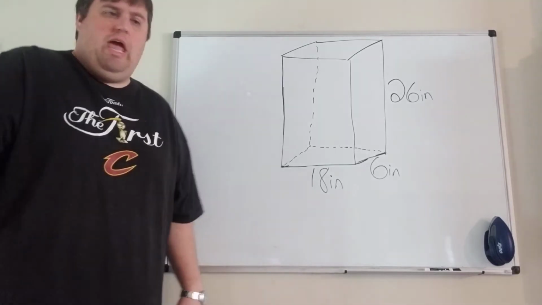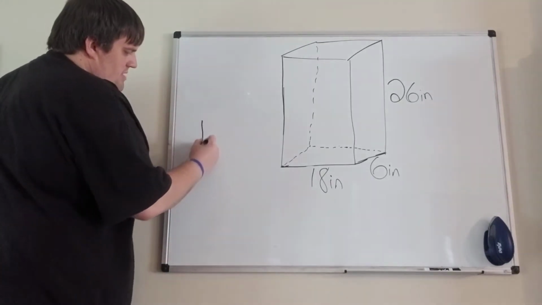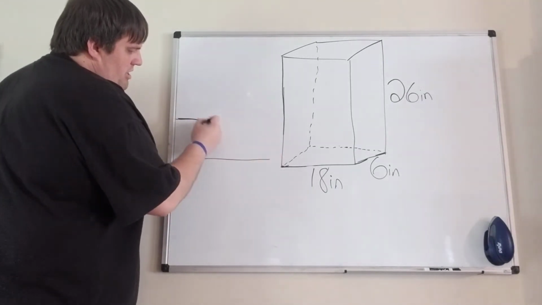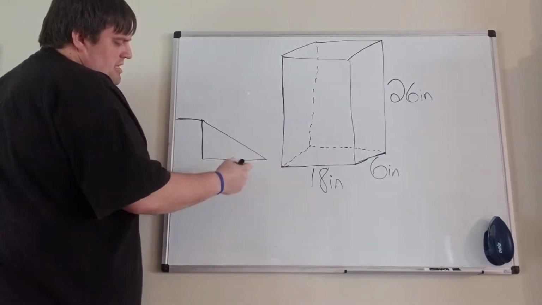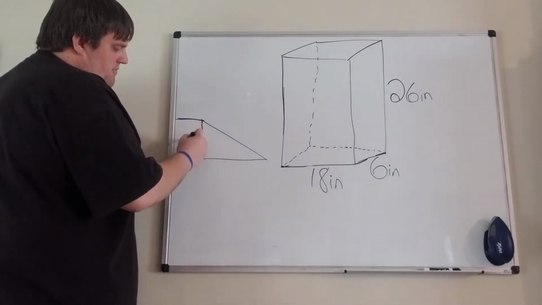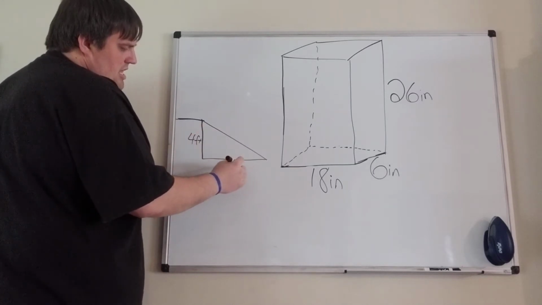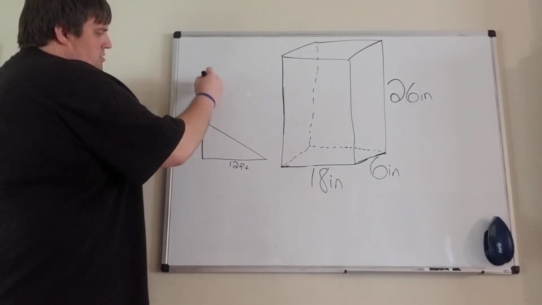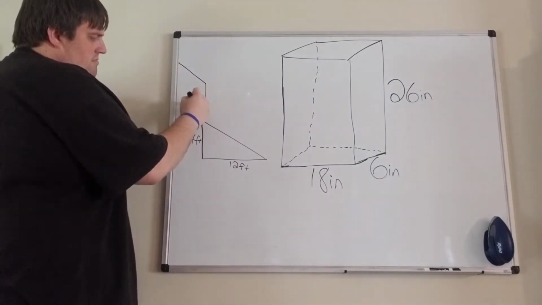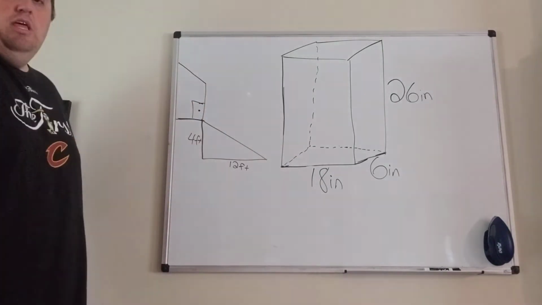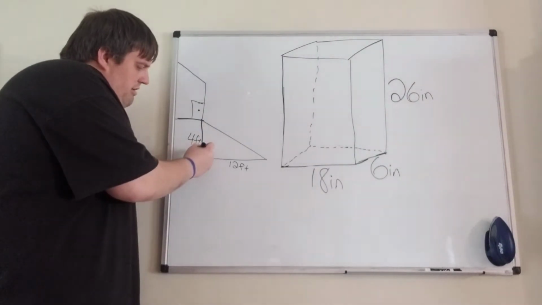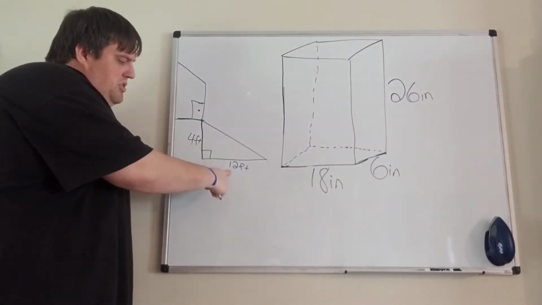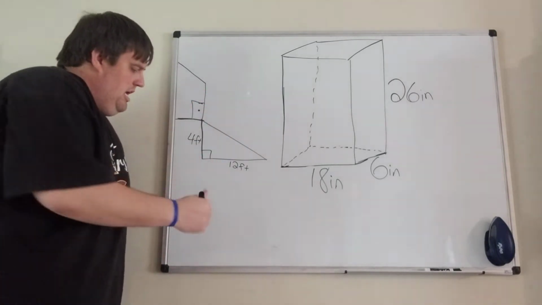So it might say there's a ramp that you're trying to get this box up to, and you want to know how long is the ramp. If you know it's 4 feet off the ground and it's 12 feet to get to the house or something, right? Door, whatever. So it's just Pythagorean theorem, right? So you're looking for the hypotenuse in that problem. So you're going to do 4 squared plus 12 squared equals c squared, and